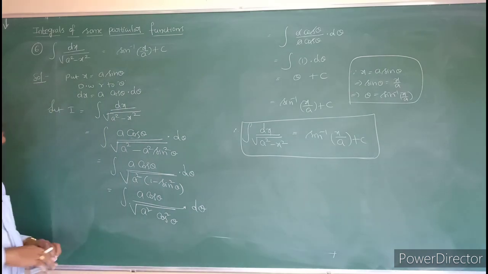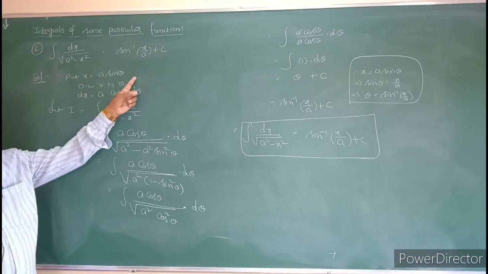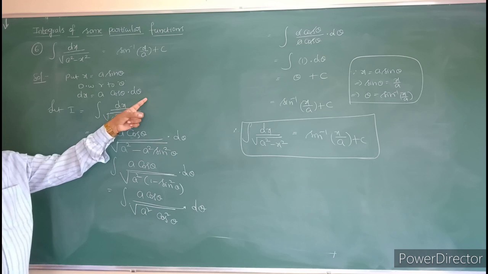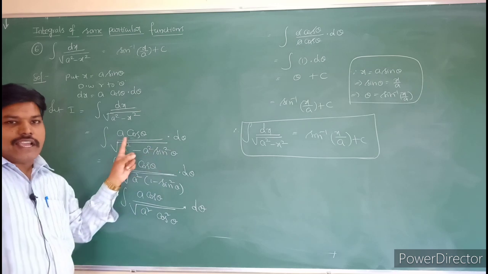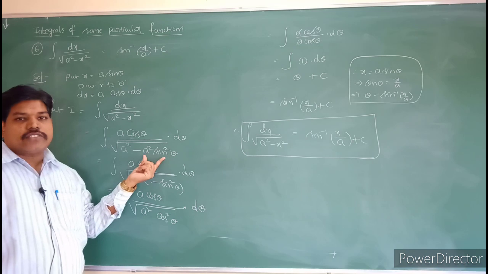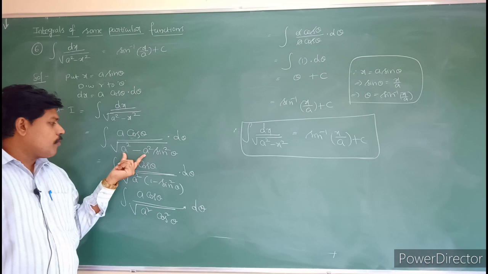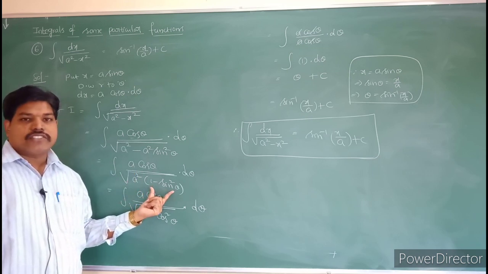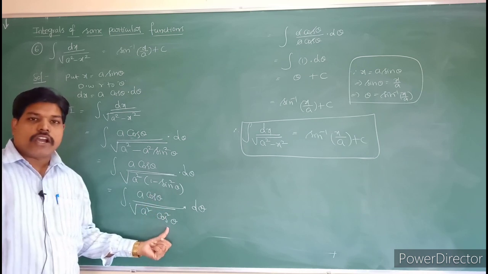So see that question, students. First, I have taken x is equal to a sin theta, so dx is equal to a cos theta into d theta. Replace the values here: dx is a cos theta d theta, over root of a square minus x square. The x value is a sin theta whole square, that is a square sin square theta. From both you can take a square common, it becomes 1 minus sin square theta, and 1 minus sin square theta is nothing but cos square theta. So a square cos square theta is nothing but a cos theta whole square,